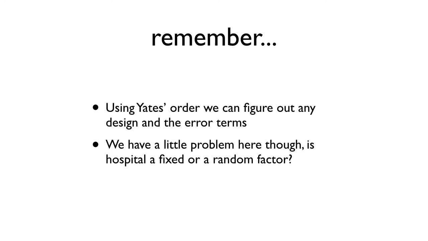Here's a problem. Is hospital a fixed factor or a random factor? I don't know. I can make a case that it's fixed, but really, I want to generalize to every hospital. But then the expected mean squares don't work out. So, it's probably bad. You shouldn't do it. You should really avoid these kinds of things, because usually you're in the field, and these kinds of variables tend to be things that you could make a very strong case that they're supposed to be random factors. That changes things. Avoid these designs like the plague. Or something worse, because the plague is pretty curable. That's a strange thing to say. But it really is. All right. Okay, so that's